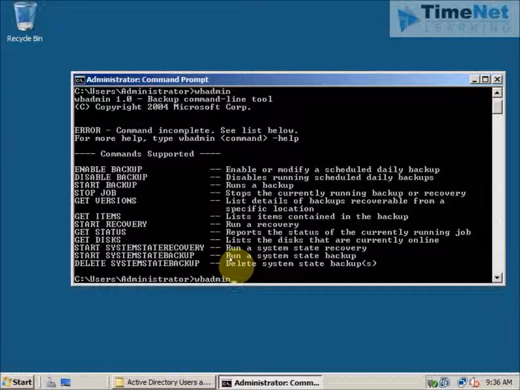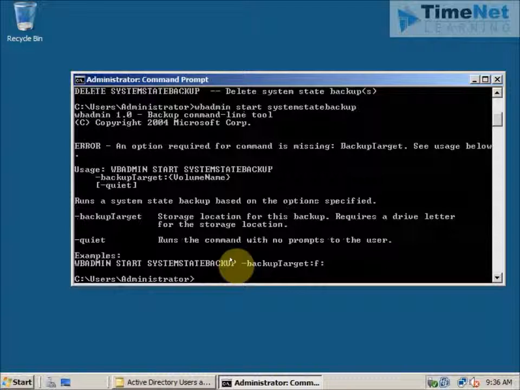wbadmin start systemstatebackup, and I will hit enter. It gives me an error message, says that an option required for the command is missing, and that is the backup target. So I will have to give a backup target for this,